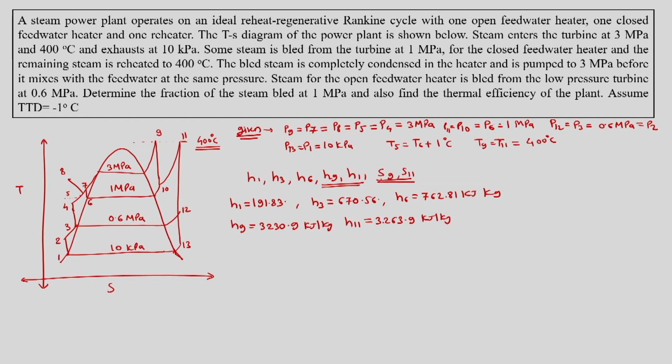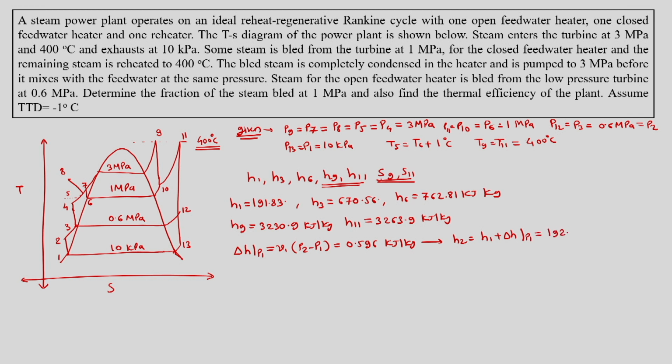So we have H9 and H11 mentioned along with their S. We would also keep mentioned S9 and S11. Knowing these enthalpies, we can find out first delta HP1, which is equal to nu 1, specific volume 1, into P2 minus P1, and this turns out to be 0.596 kilojoule per kg. This gives us H2 is equal to H1 plus delta HP1,